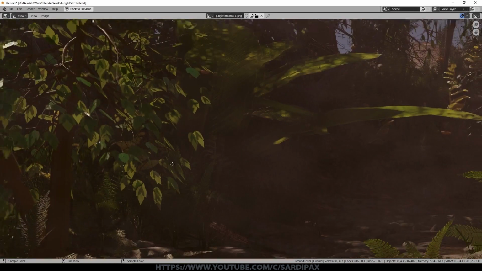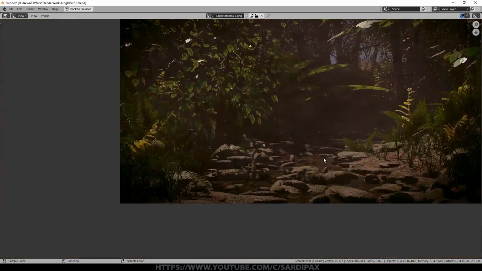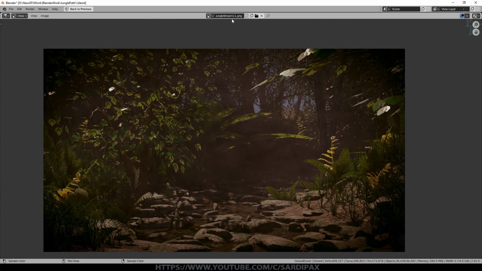I will go through how I created the elements of this scene. And you can see I've rendered it at a reasonably high resolution, so we can see a fair bit of detail in there. So what we basically have is a number of different trees. There's some kind of banana plant. We've got some ferns, some grass plants running around the edge of the stream. We've got a stream in the middle and a number of flattened rocks around the stream. And there's texture on both the rocks and the stream bank.